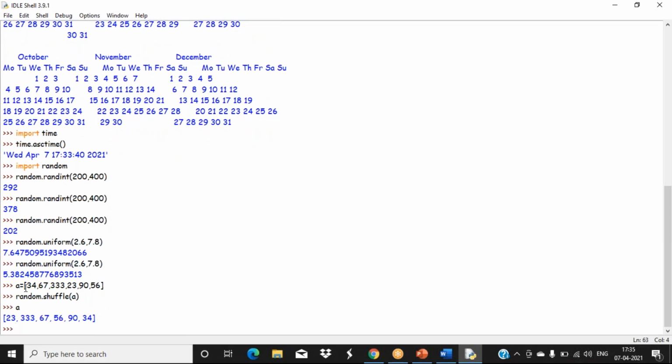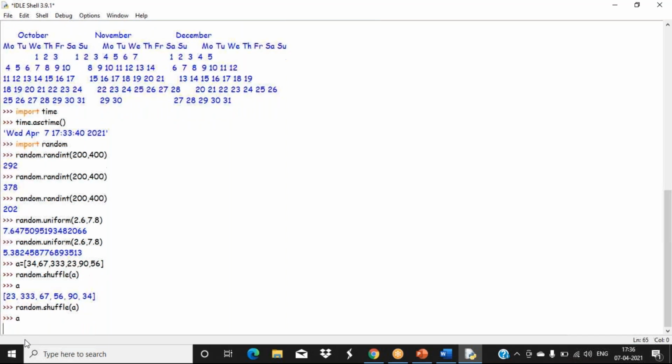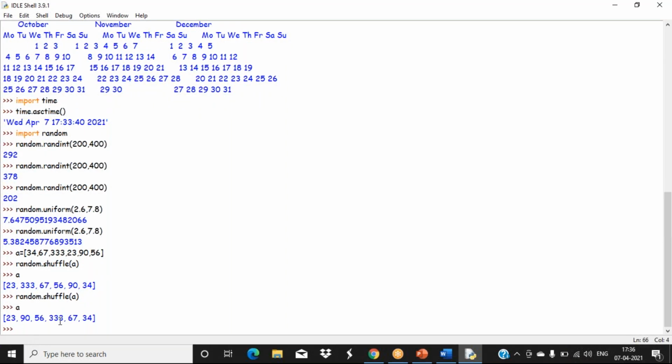This was the initial order which I gave, 34, 67, like that, the list items. We used shuffle there, so it got shuffled like this. Some other random order of the values got created. Again, if I use this shuffle, see, now the order is different. Like this, we can do the shuffle. All these things you can use in your applications if you want. Okay, so these are some built-in modules.